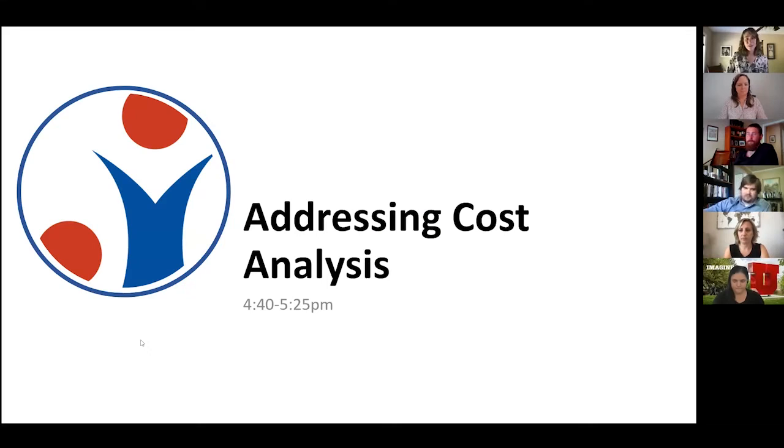Cost analysis, I'll just tell you, was maybe 5 years ago not even in the RFAs, right? This has definitely been an increasingly important topic in the last 5 years. And every year it seems a little bit more is needed for cost analysis. At one point it's recommended, and then it's now required for different project types. So it's definitely an area that all of us are learning about.